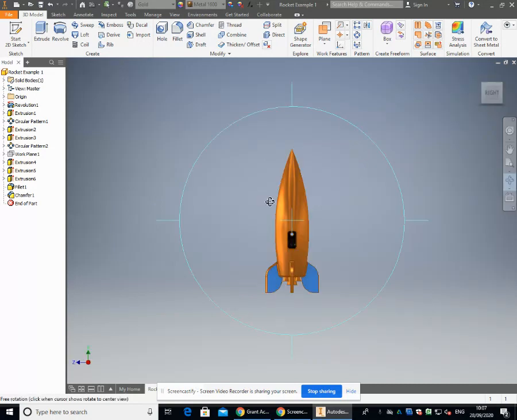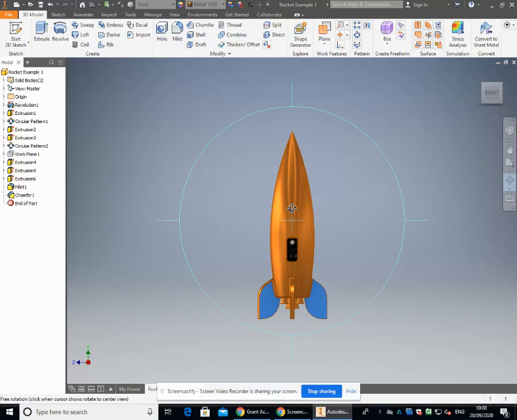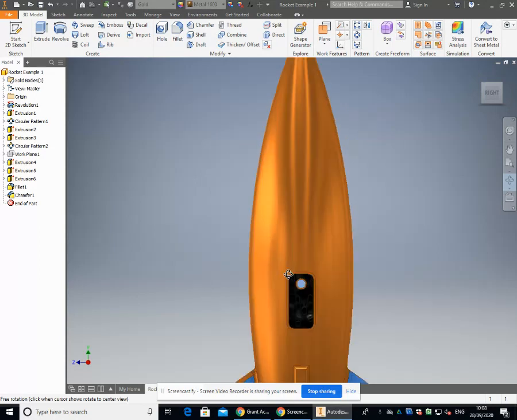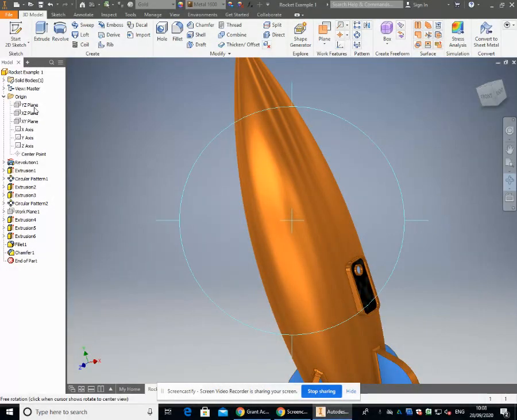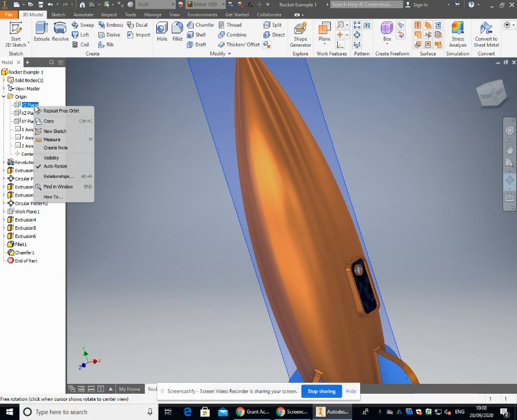So we would basically use the same principle as we did for making the door, whereby we create a new work plane that's just off the face. There are other ways of doing it, but we'll try it this way first of all. So we'll get a new work plane, the origin tool or the origin options, and we want to choose this work plane, make it visible,